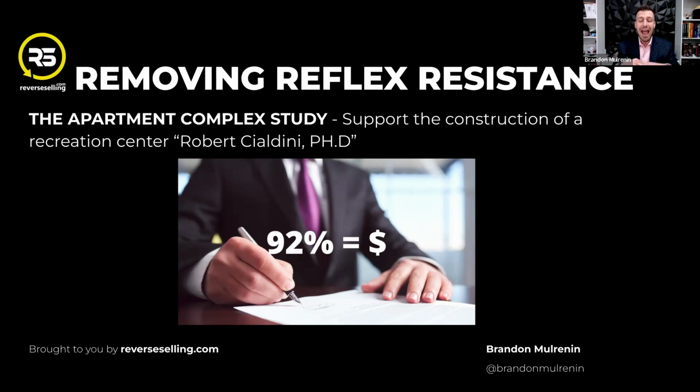When they went to ask for donations, the first group of people signed a petition. "Yes, I absolutely publicly declare I'm in support of this." They didn't ask for any money yet. But when they went to ask for money, 92% of the people that publicly declared they are in favor of this gave money, whereas the people that didn't publicly sign the petition didn't give money. What does this suggest? What does this mean?